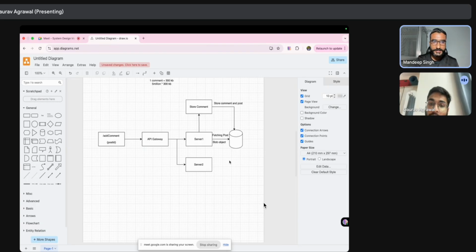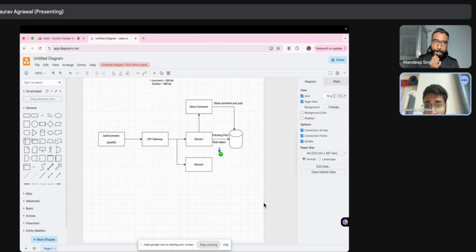Okay. But since you already have the post ID, why do we have to fetch the entire post? Is it possible to directly save the data to the post, whatever database you are having, instead of just pulling the data and then saving? I'm just not able to grasp the fact that we have to query first. Like, what's the actual use case? Probably you are thinking something and I'm not getting it.